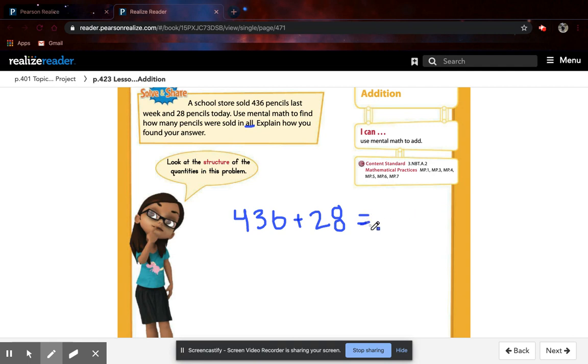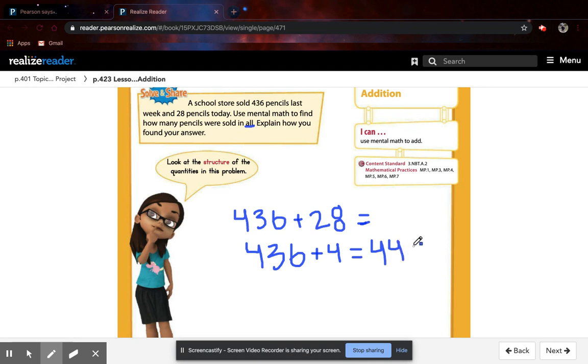That's what I need to solve. So what I can do is add 436 plus 4. Why are you adding 4? Why would you add 4 to that? I'm adding 4 because if I add 4 more to 436, that will give me